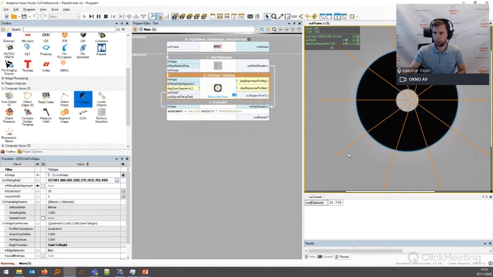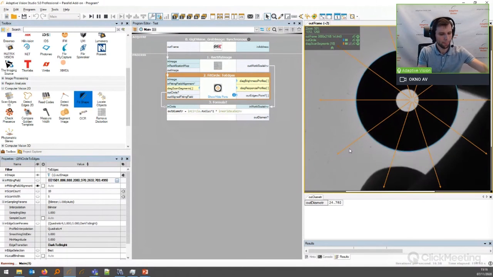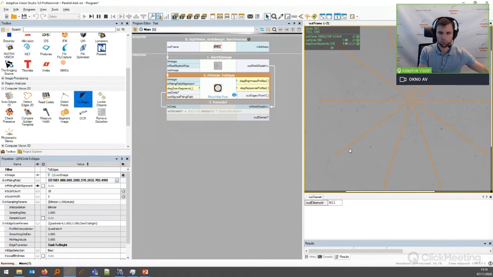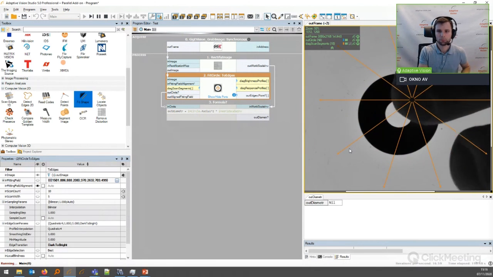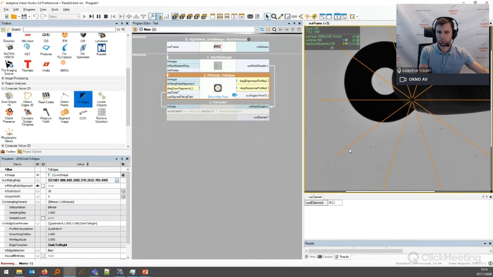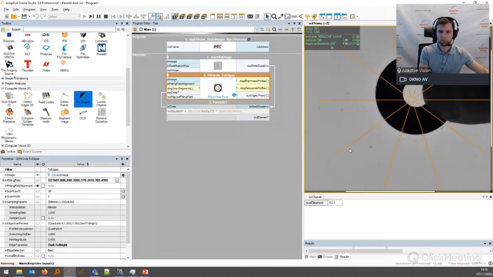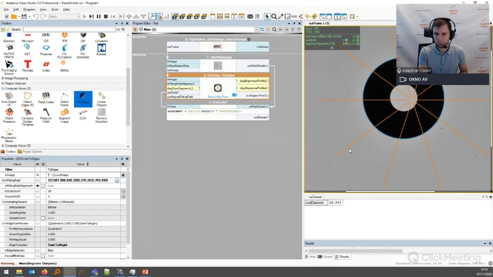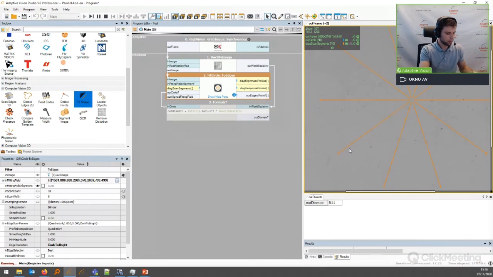Okay, for the big one, I have got good results, and for the smaller one, I have got worse results. Let's take a look at that once again. 19.64, and when I take a caliper and measure that object,